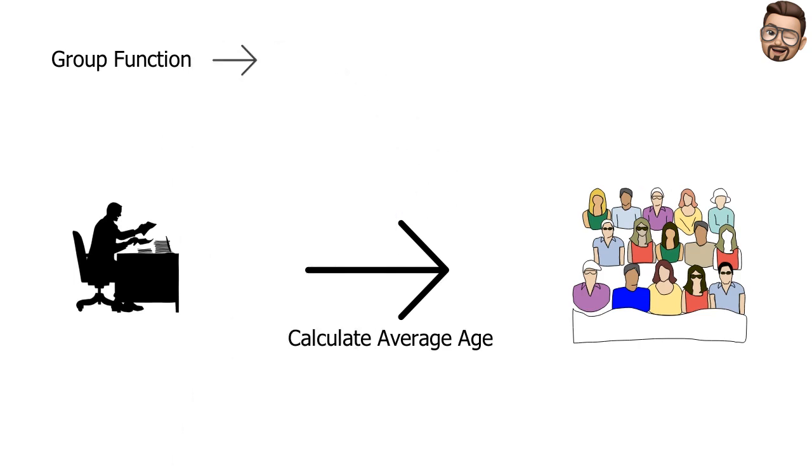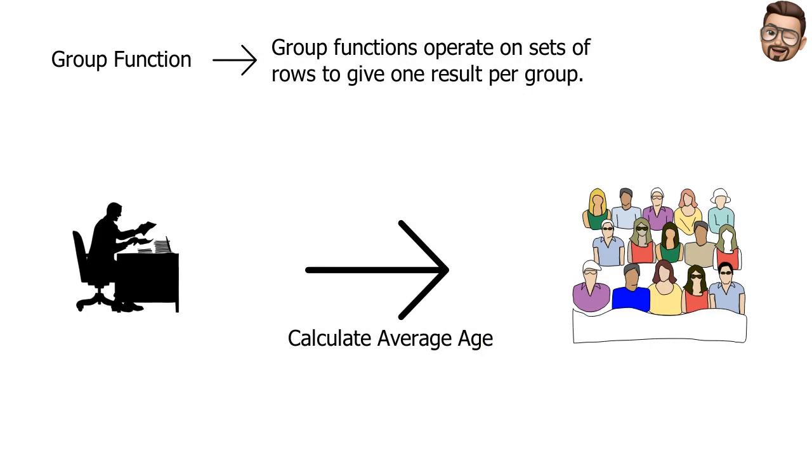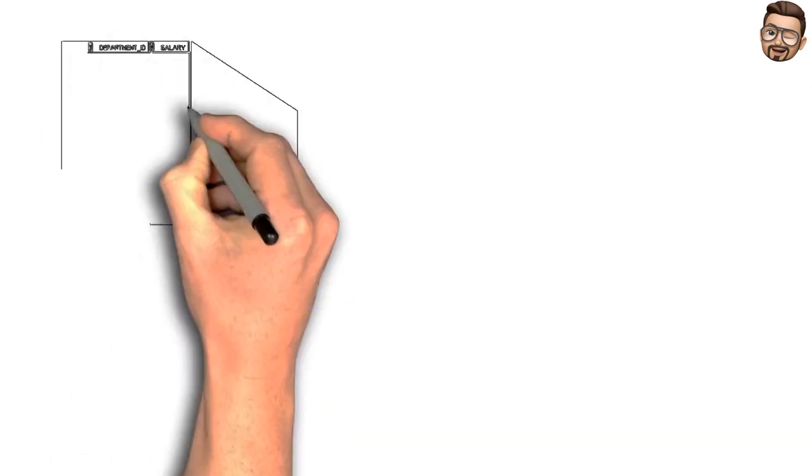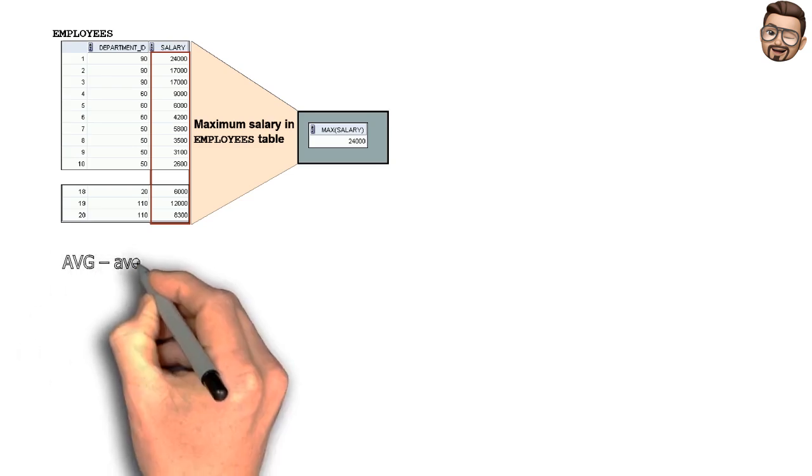In SQL, we could use the group function. Group functions operate on set of rows to give one result per group. If you take a look based on this example, we have a lot of employees. We have 107 total employees in our database. But if you want to find the maximum salary in the employees table, we can have only one value of